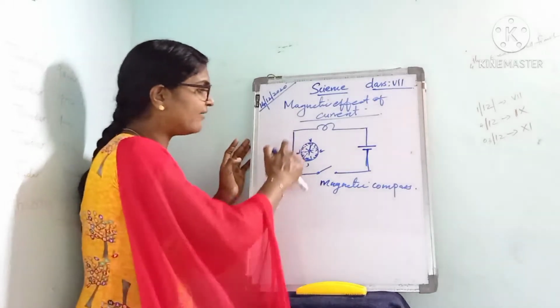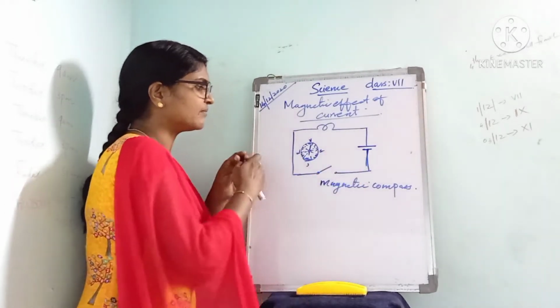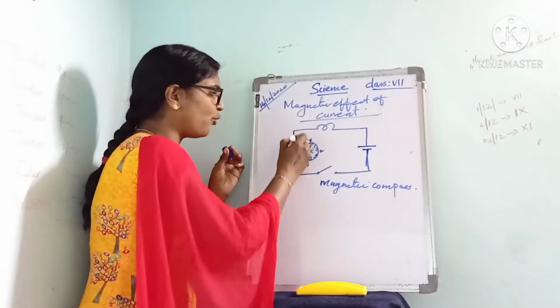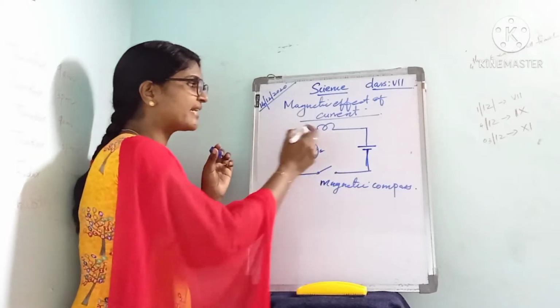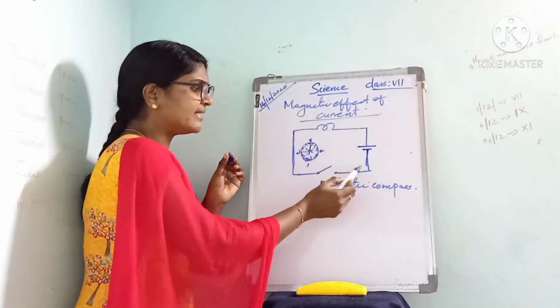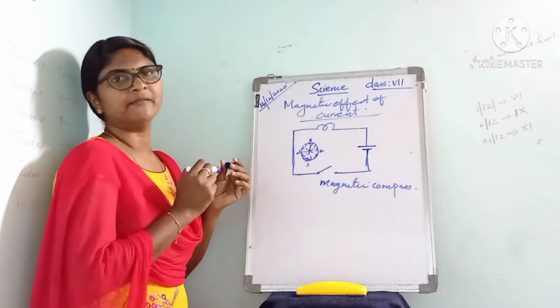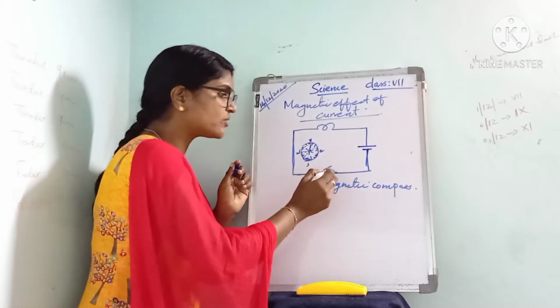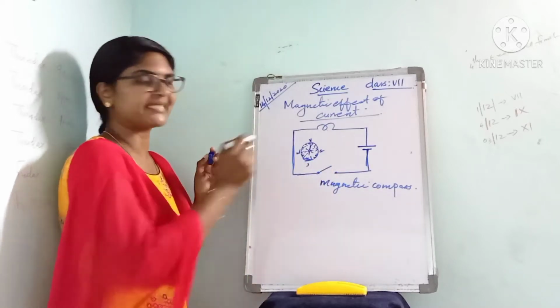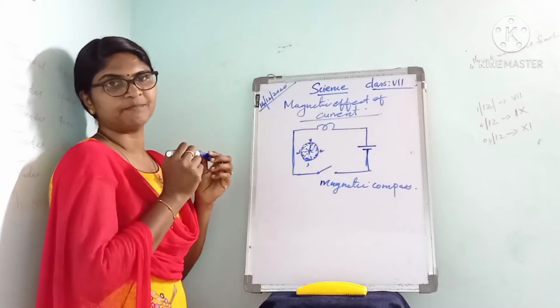Here we have a simple electric circuit that contains a cell, and here we have a metallic wire. Then we have a switch here, and here a bulb. The cell is connected to a switch and a bulb. When the switch is on, the circuit is completed and a current will flow through the circuit.